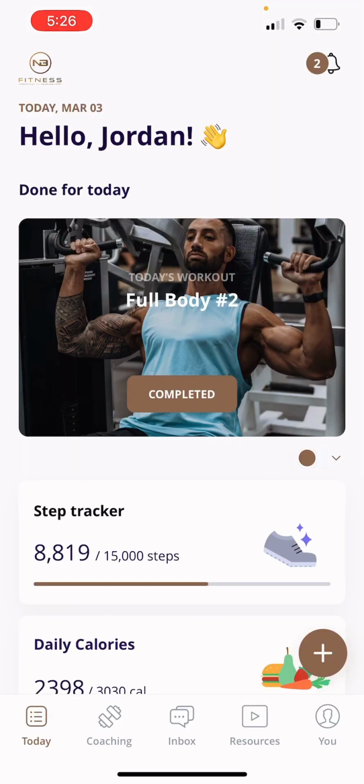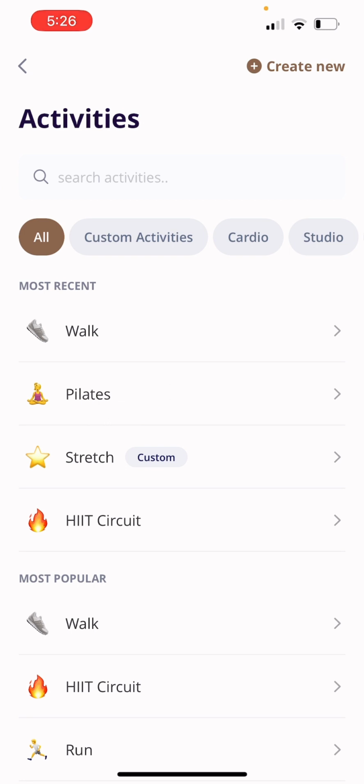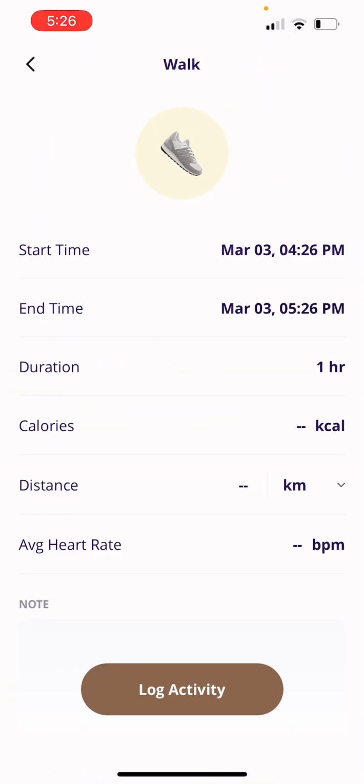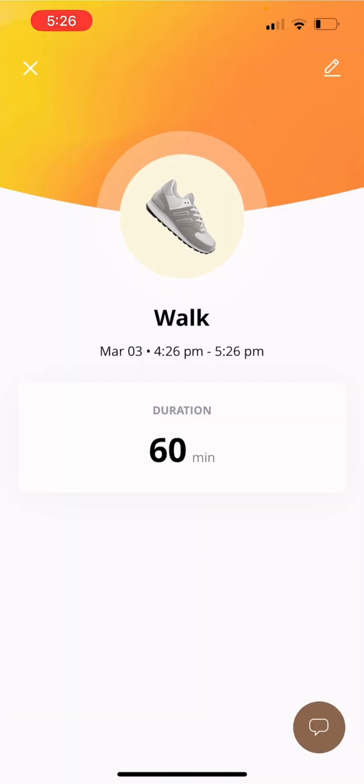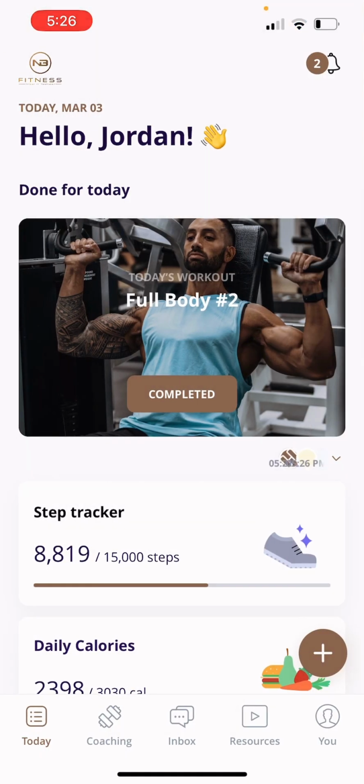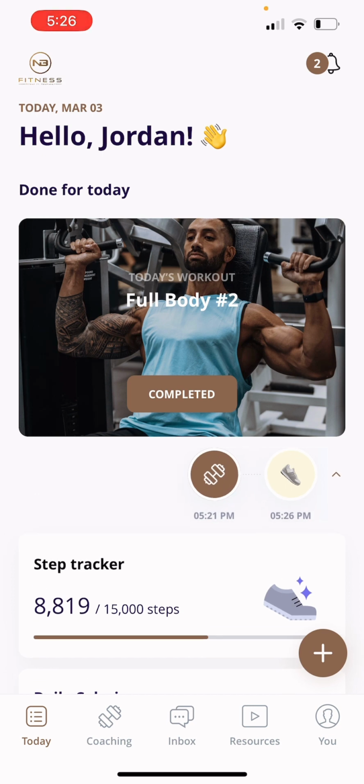And back to the home screen, there is this little plus icon here. So if you'd like to tap on that, you can also add any extra activities that you do. You might say that you did a walk and it was for an hour. And as you log that activity, it's just going to log it back to the main screen. And you can see here that you've got this little drop down, which means you did your training session for the day and you also